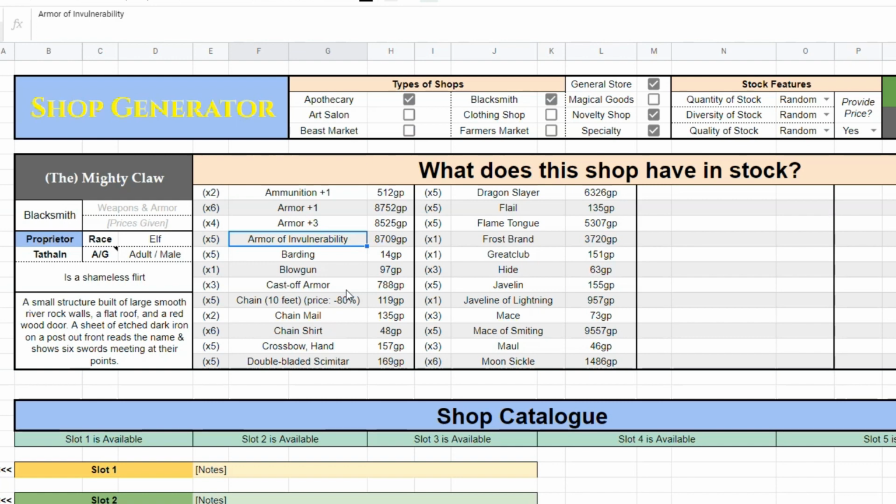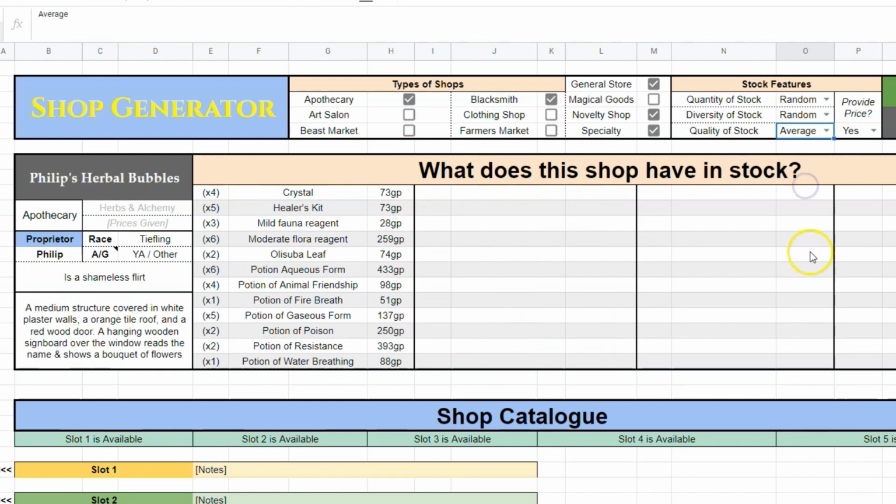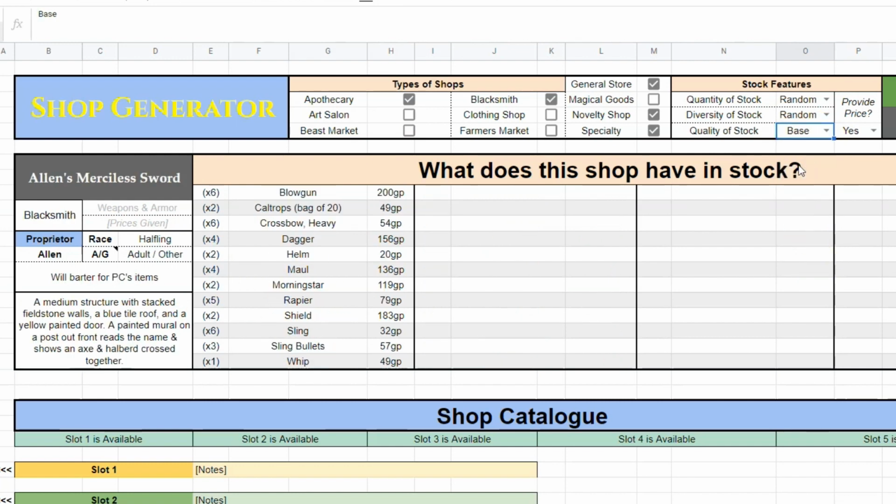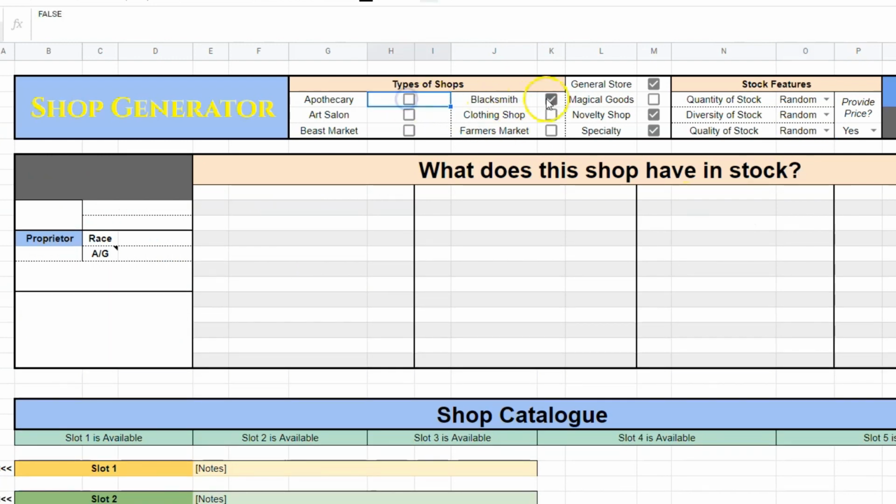If you agree to that, then either you can come into the quality and set it to average or base so that that expensive of an item is not likely to be generated, or you can come into the back half of the generator and remove that item from the list altogether, which I'm going to show you how to do. Let's go ahead and turn off all of these ones, and I just want to show you the specialty shop because it functions just a little bit